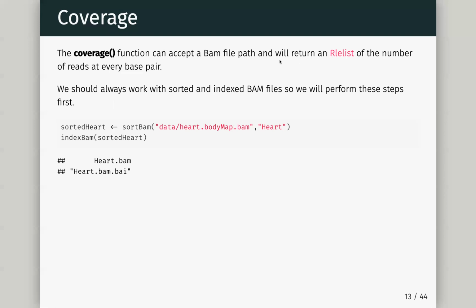If we're going to use this coverage function, we need to do what we do with every different type of data or BAM file. We need to check whether it's sorted, and then we need to index it. Sorting is going to allow us to index it, and indexing allows us to run random access. So in this case, I'm going to take our data in the body map